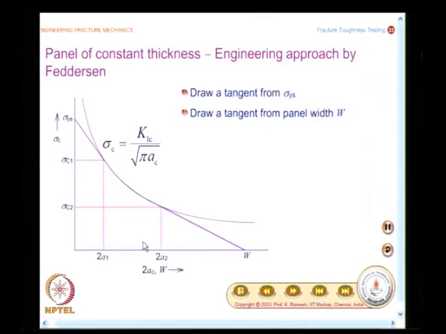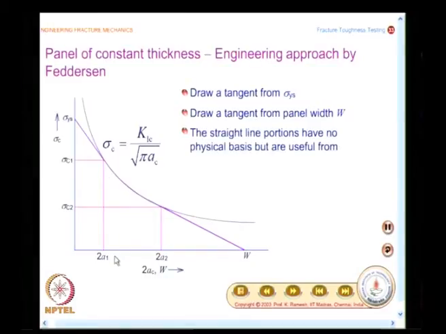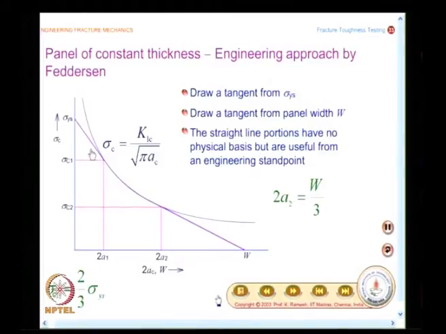And what is now shown here is what are the corresponding values of the crack length when I put a tangent from sigma ys. The failure stress would be sigma c1, that is given as 2/3 of sigma ys. So, this is the reason in the screening criteria we have said that the failure stress should be greater than 2/3 sigma ys or less than 2/3 sigma ys. It was 2/3 sigma ys, less than that. So, it should happen only in this region. So, you want to preclude what happens in this region.